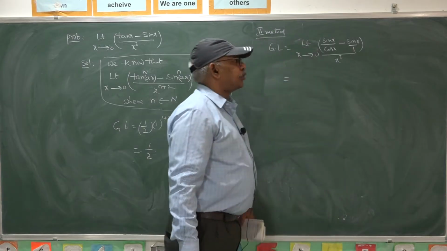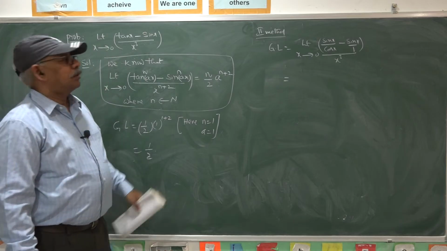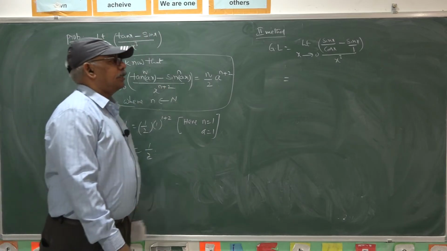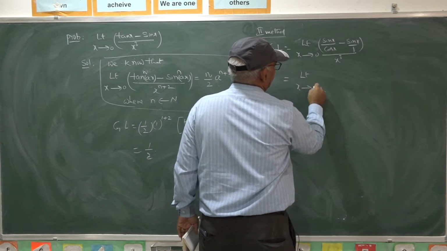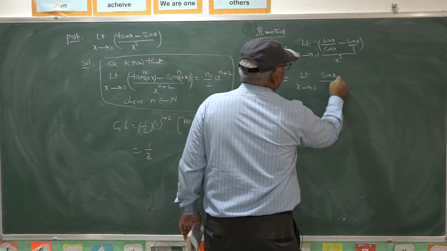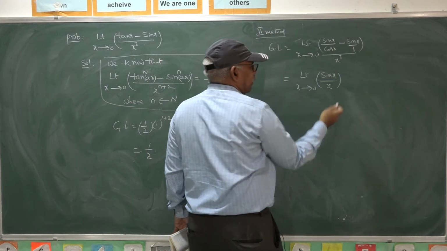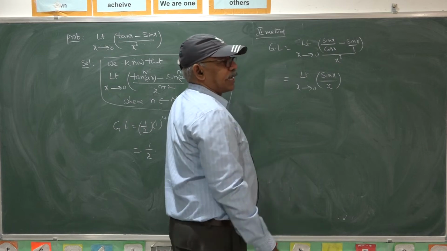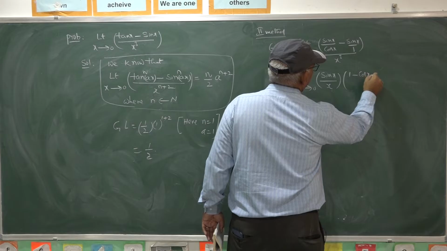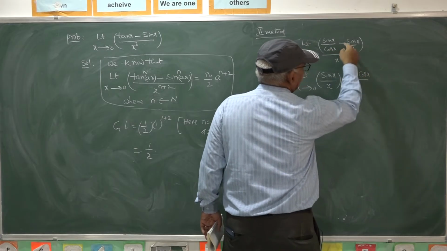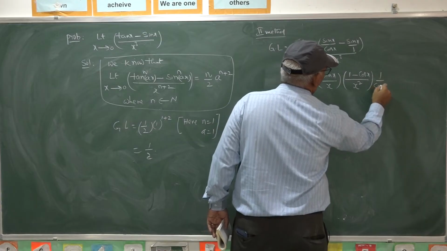Limit as x goes to 0, tan x may be written as sin x by cos x and here is sin x by x cube. Take sin x common, 1 sin x common here and under sin x get 1 by x here. Out of x cube I am taking x under sin x. The remaining function on simplification, it reduces to 1 minus cos x. On taking LCM, we get x square into 1 by cos x also.